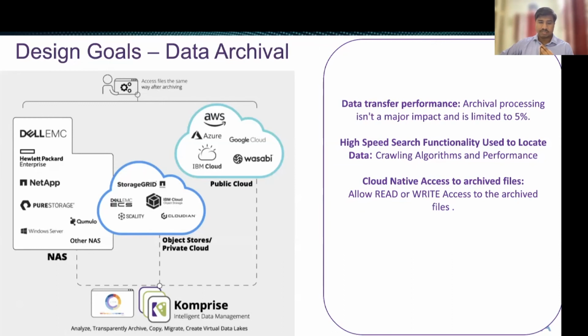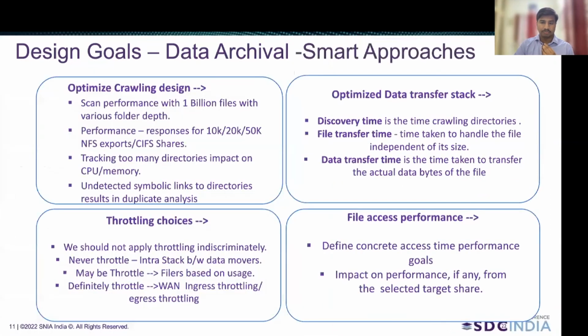And once these objects are transitioned to the cloud or the cold tier, there will definitely be a use case where customers want, sometimes, for whatever reason, to come back to your system and say, I need read access or I need write access for this file. So cloud native access should be one of the key goals for your data archival platform, or unstructured data archival platform. So keeping these three design goals,